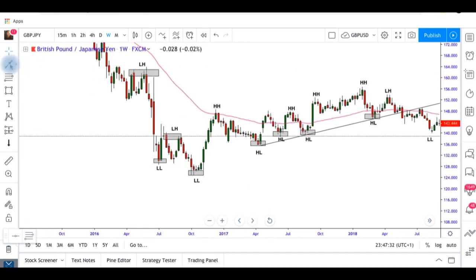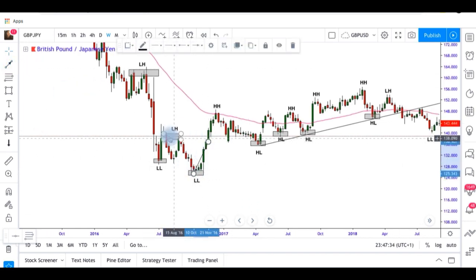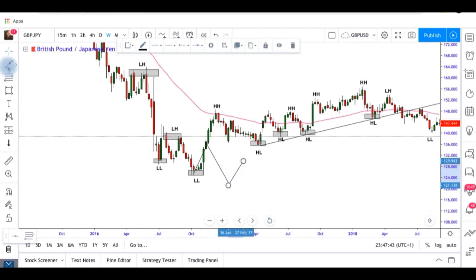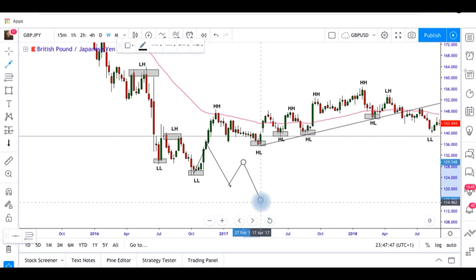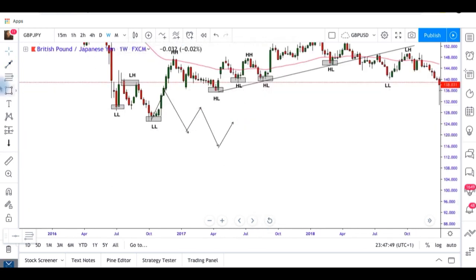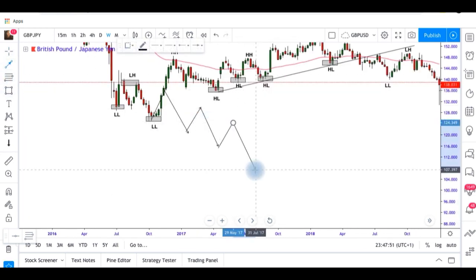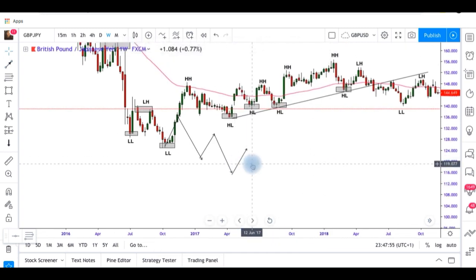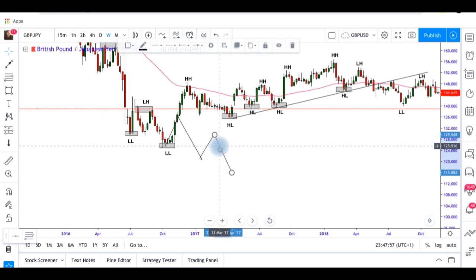Okay, so then what happened is we came down and created this new lower low. And then what should have happened is we should have come up to create a new lower high below this lower high and continued the bearish sequence like this. Come up, sell, lower low. Come up, sell, lower low. But that did not happen. That didn't happen on this occasion. What actually happened, if I just clear this up quickly,